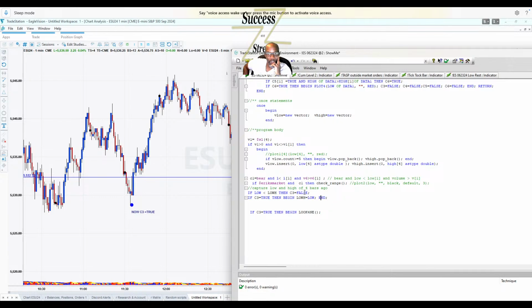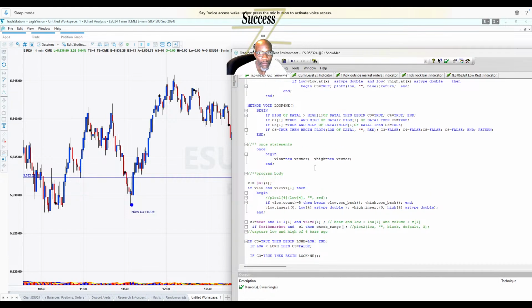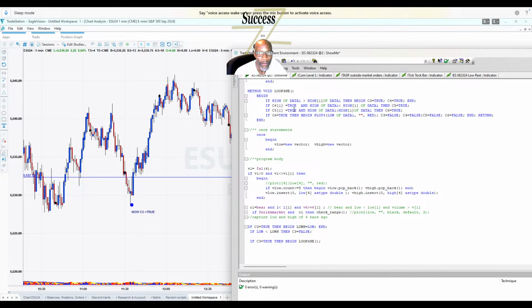If C3 is equal to true, then begin, low H is equal to low end, and low is less than low H. Yeah,